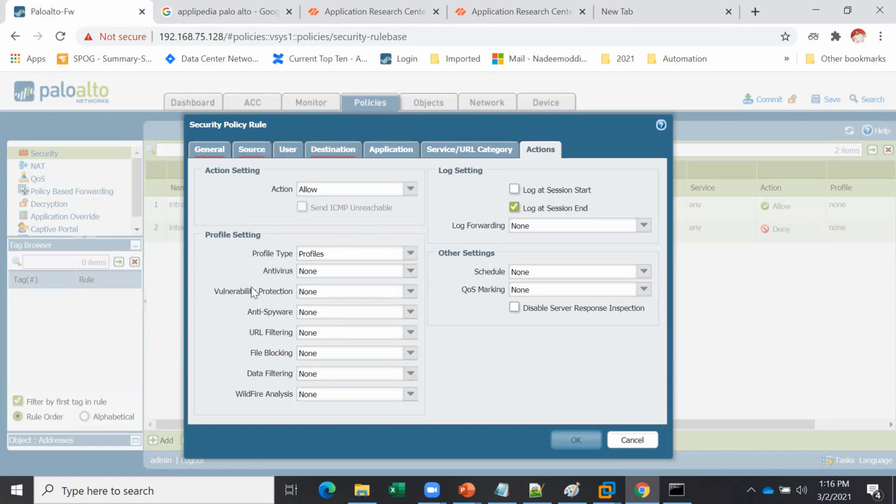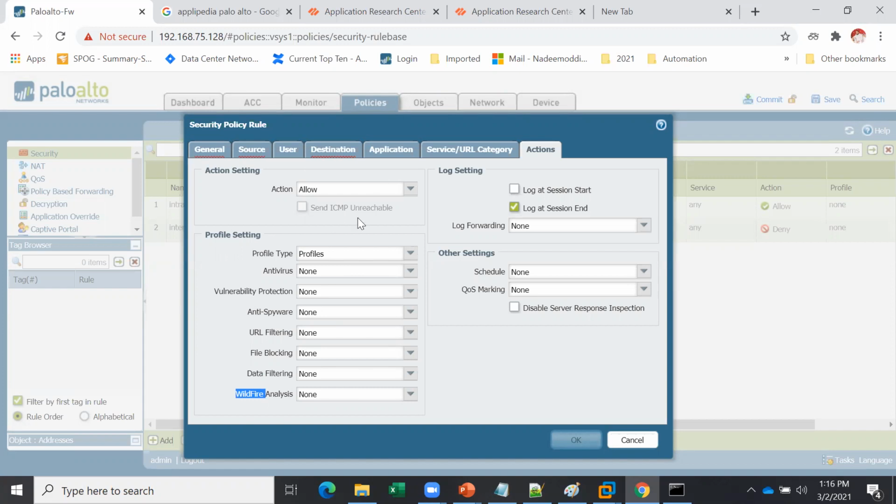Antivirus, vulnerability protection, anti-spyware, URL filtering, file blocking, data filtering, and WildFire analysis. These are the options you need to add to your security rules.